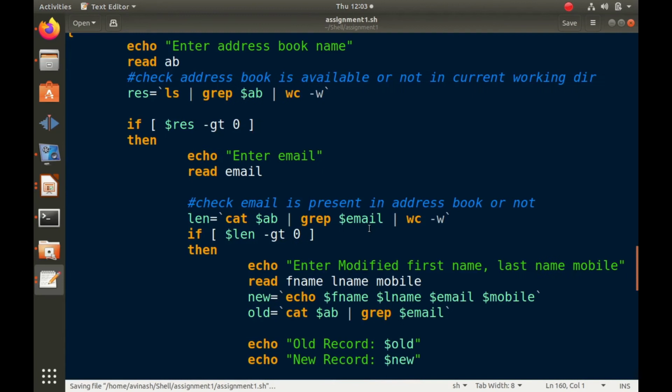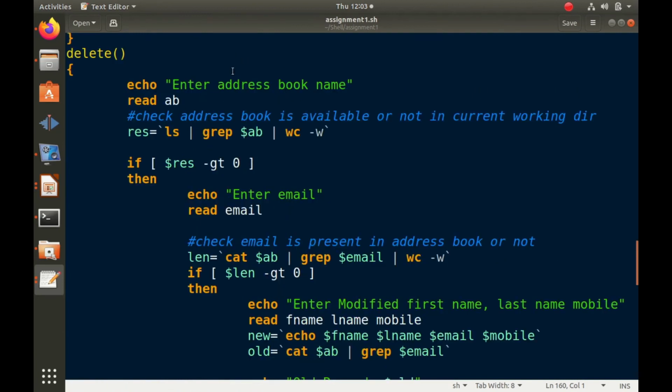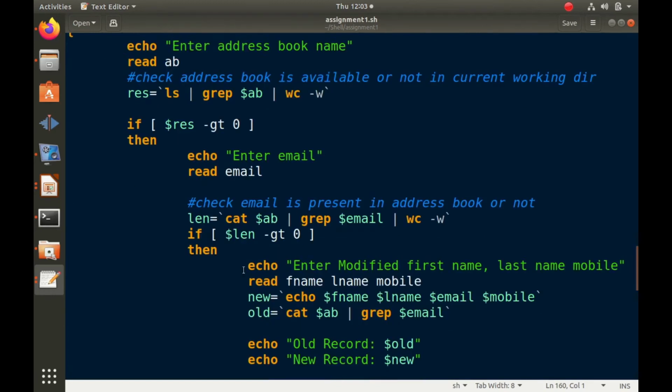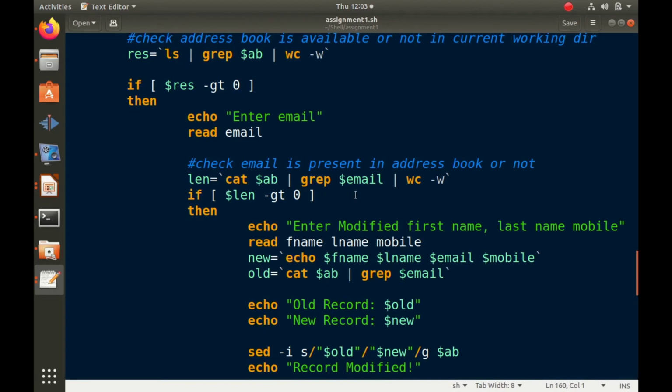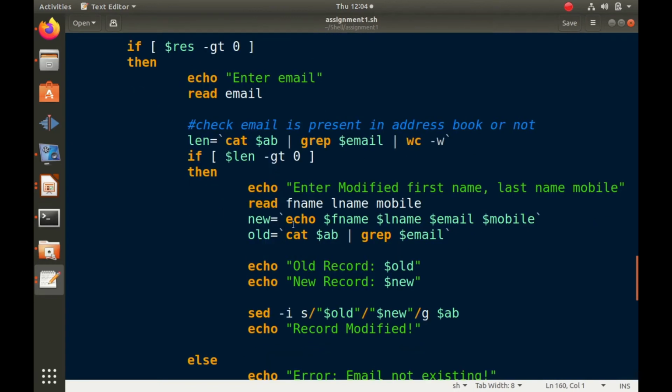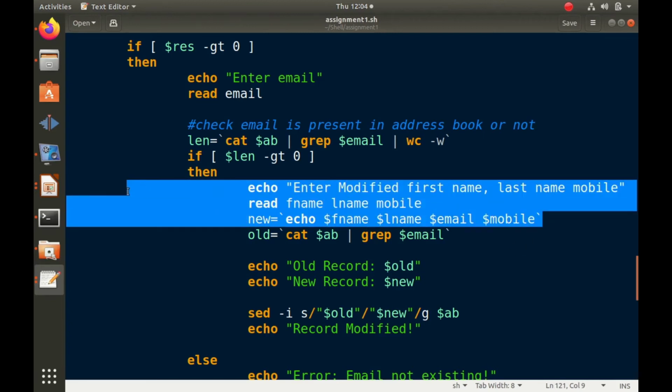Okay, now what is delete? The user will enter the address book name, then the program will check whether it is present or not. If present, then it will ask the user to enter the email of the record he wants to delete. So user will enter email, then the program will check whether the email is present or not. If email is present, then the record will get deleted.